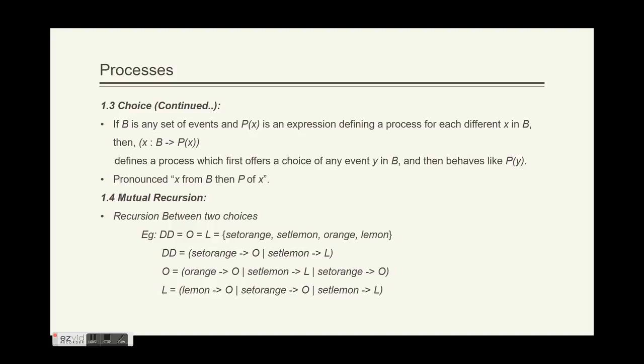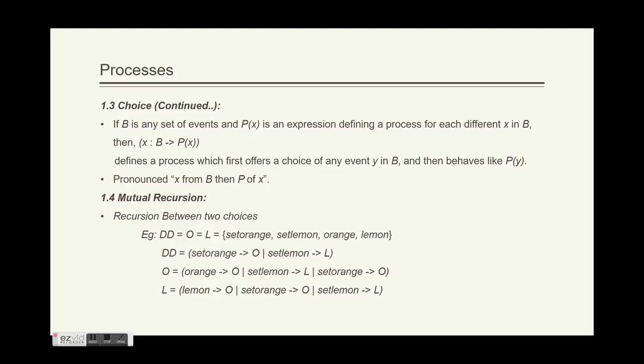So let's look at an example here. Here we have a drink dispenser, and we have two processes, orange and lemon. The alphabets are common between the three processes, and the alphabets are set orange, set lemon, orange and lemon. So the drink dispenser gives us two events choice. The first choice is set orange and the second choice is set lemon. So when the customer selects set orange, the orange process is initiated, and when he selects set lemon, the